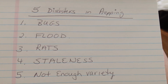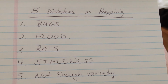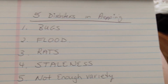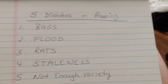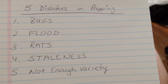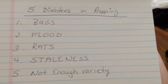And prepping food tends to be heavy on the stomach, and it's hard to eat day after day after day. So try and think of things that will give you variety, such as vegetables will make things lighter and easier to digest. You don't want to be eating just straight carbohydrates and canned meats all the time. It's very tough on the stomach. So think about spices, think about sweeteners, think about cayenne pepper,